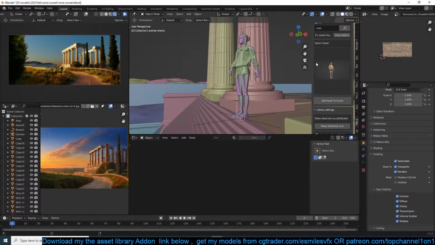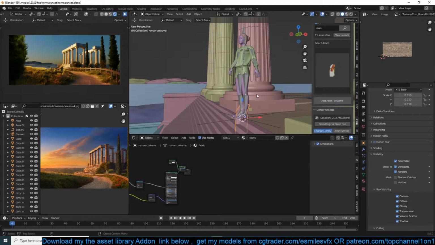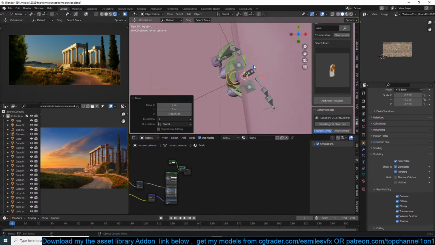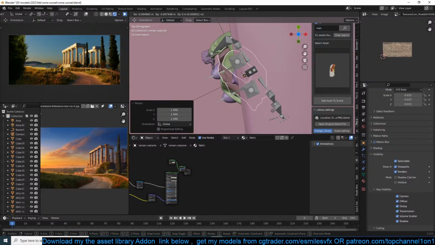Barely visible with her clothes. Let me, if you dress her up in this Roman